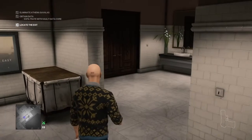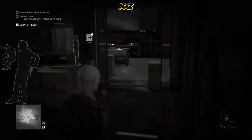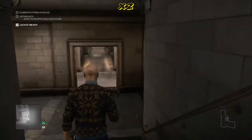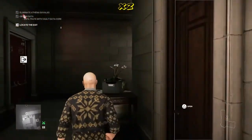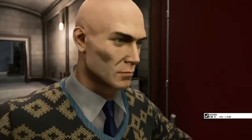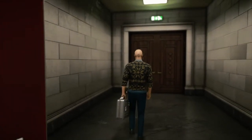So we're going to collect up our briefcase and we are now free and clear to exit the mission. So we're going to make our way back down the stairs we came up earlier and around past where we knocked out the employee, the worker, and we're going to exit via the red doors. So there you go, that is the Hold My Hair